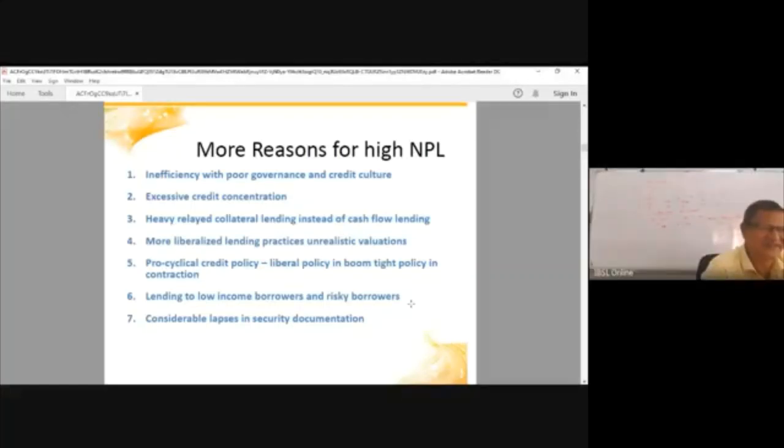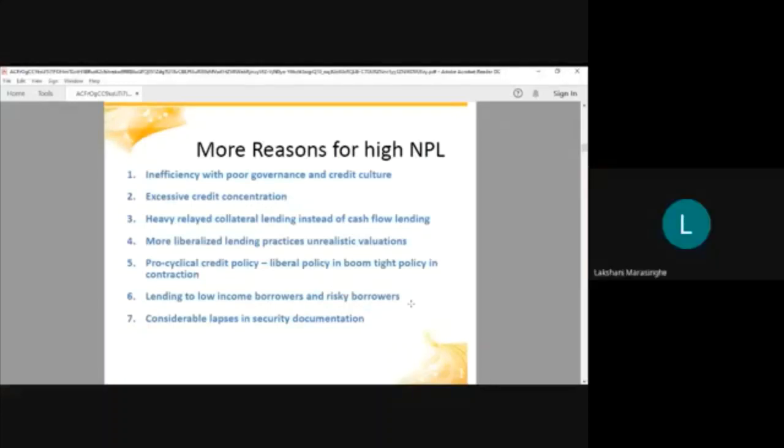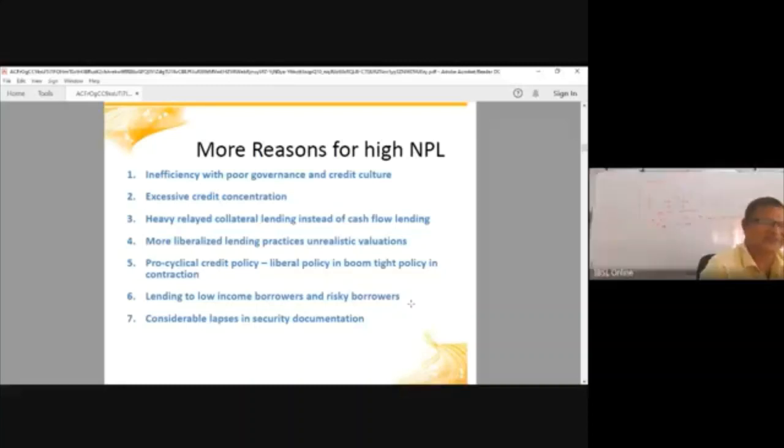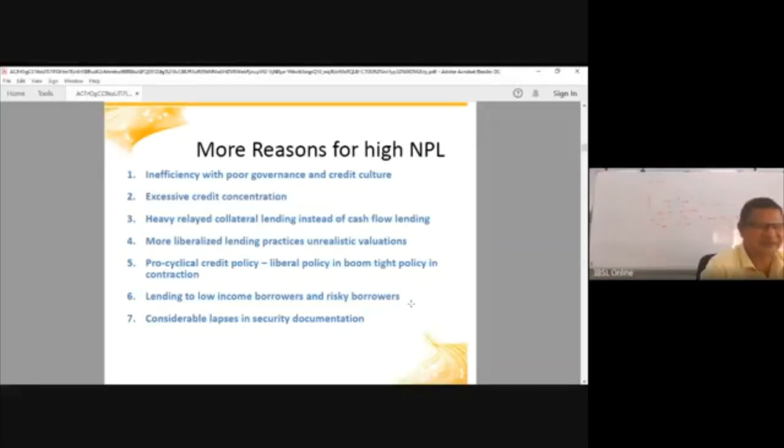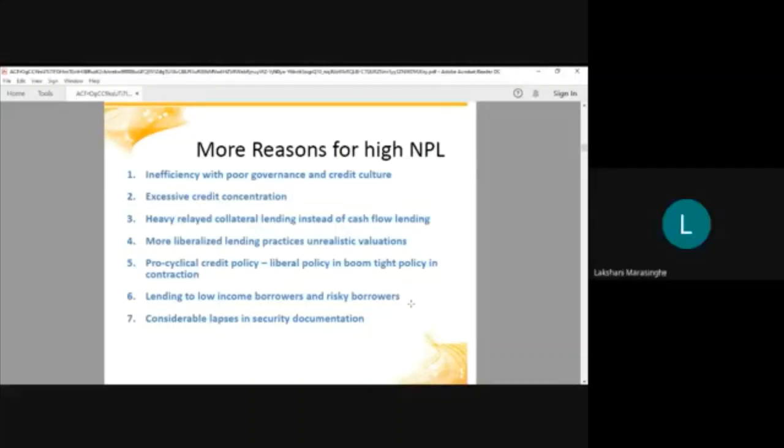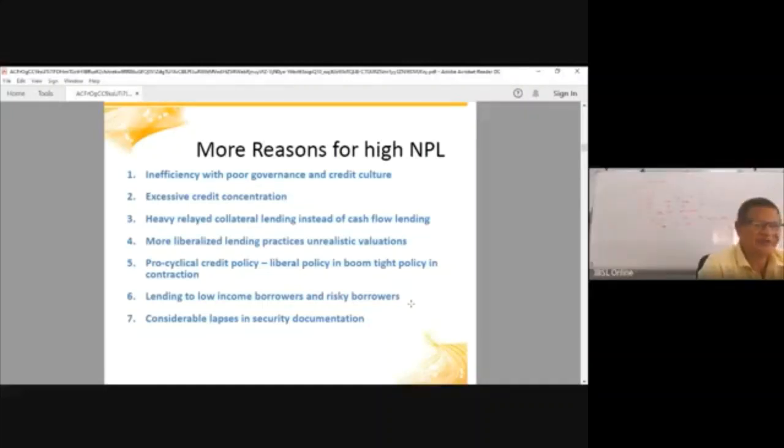Excessive credit concentration, heavy reliance on collateral. Without looking at the customer's cash flow, you think you have security, so why not return? But you need to understand that having security itself is not enough to recover your loan. Nowadays, there's an embargo on execution for abuse. So even if those customers don't pay back, you can't take any action. More liberalized lending practices: if a bank decides to go faster without adhering to realistic valuations and principles, you can